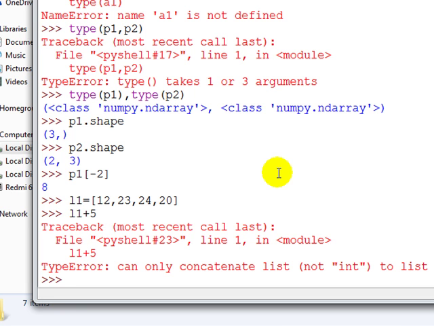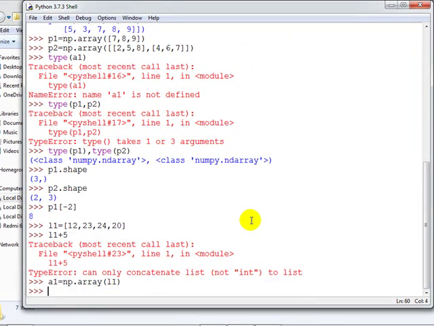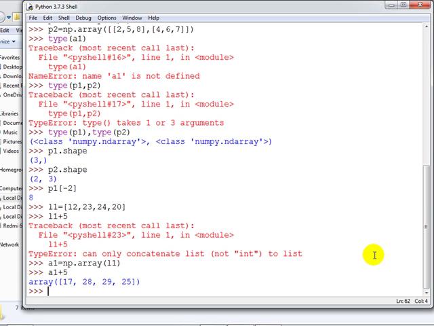Now the same list I will convert into an array. So I am creating an array A1 is equal to np dot array, and in this I will put the list L1, and press enter. Now the array has been created. Now A1 plus 5, you can see the values have been updated.